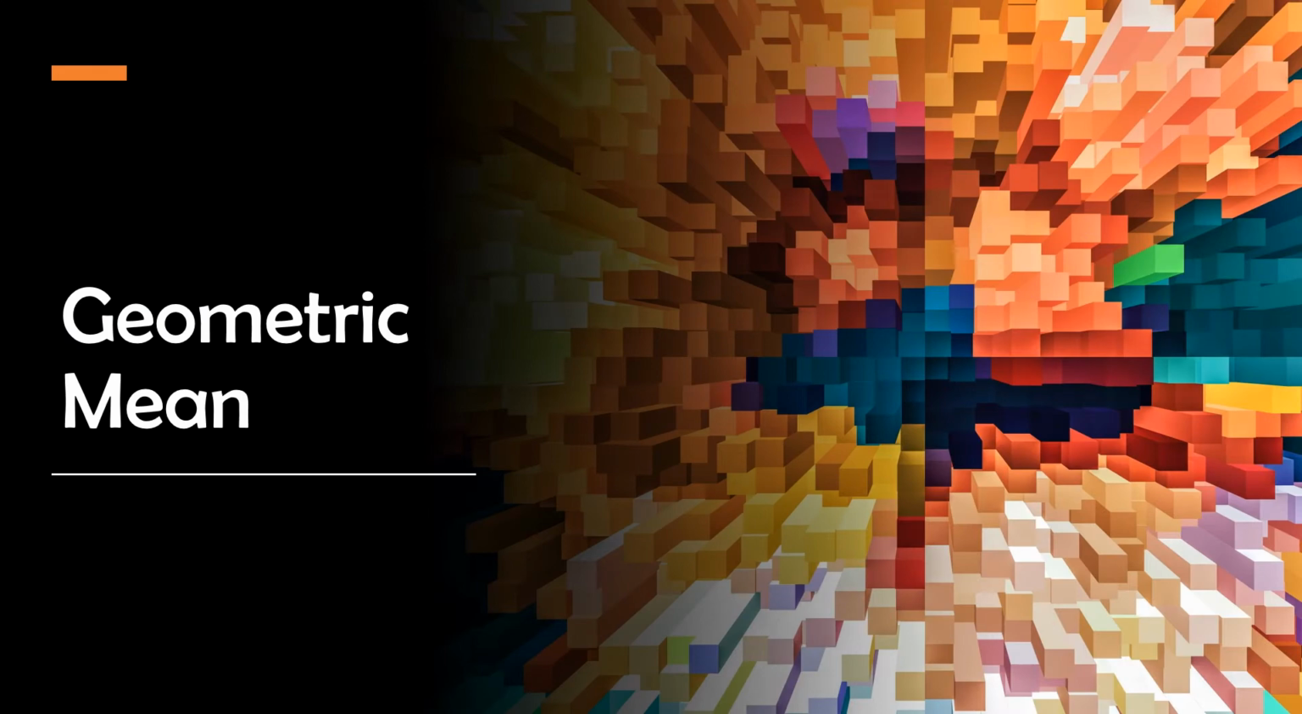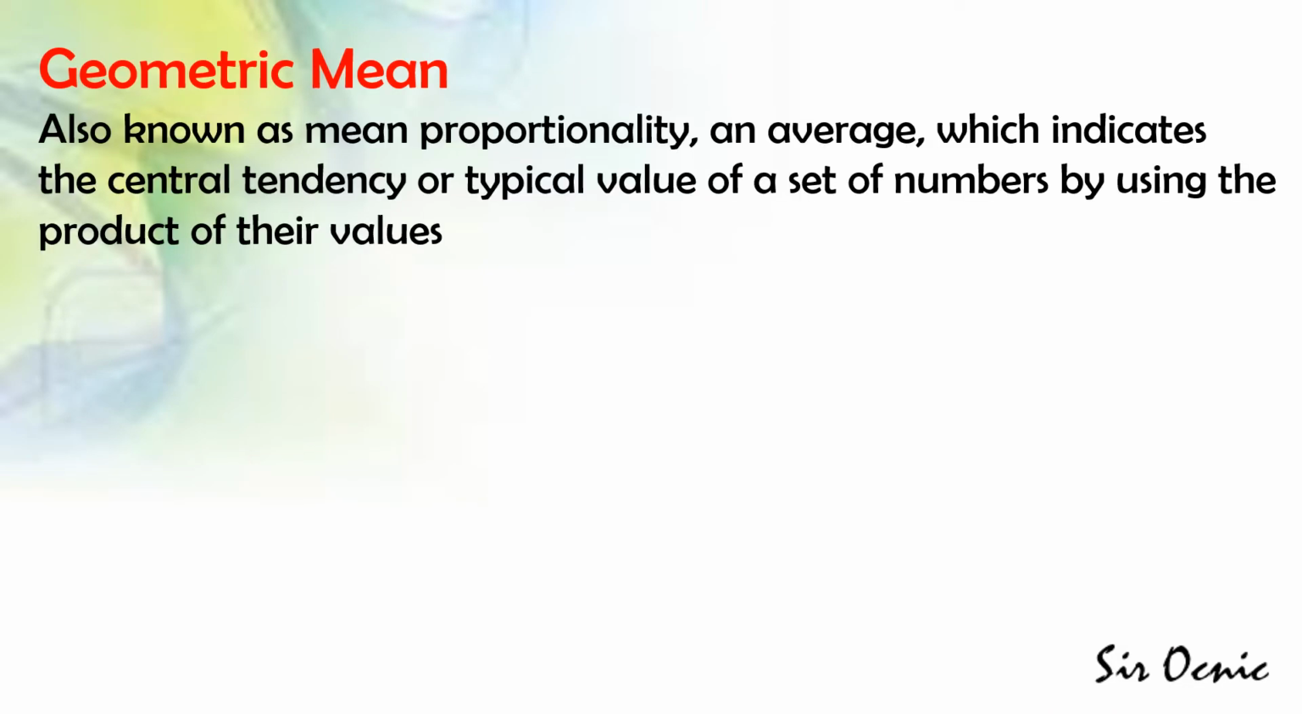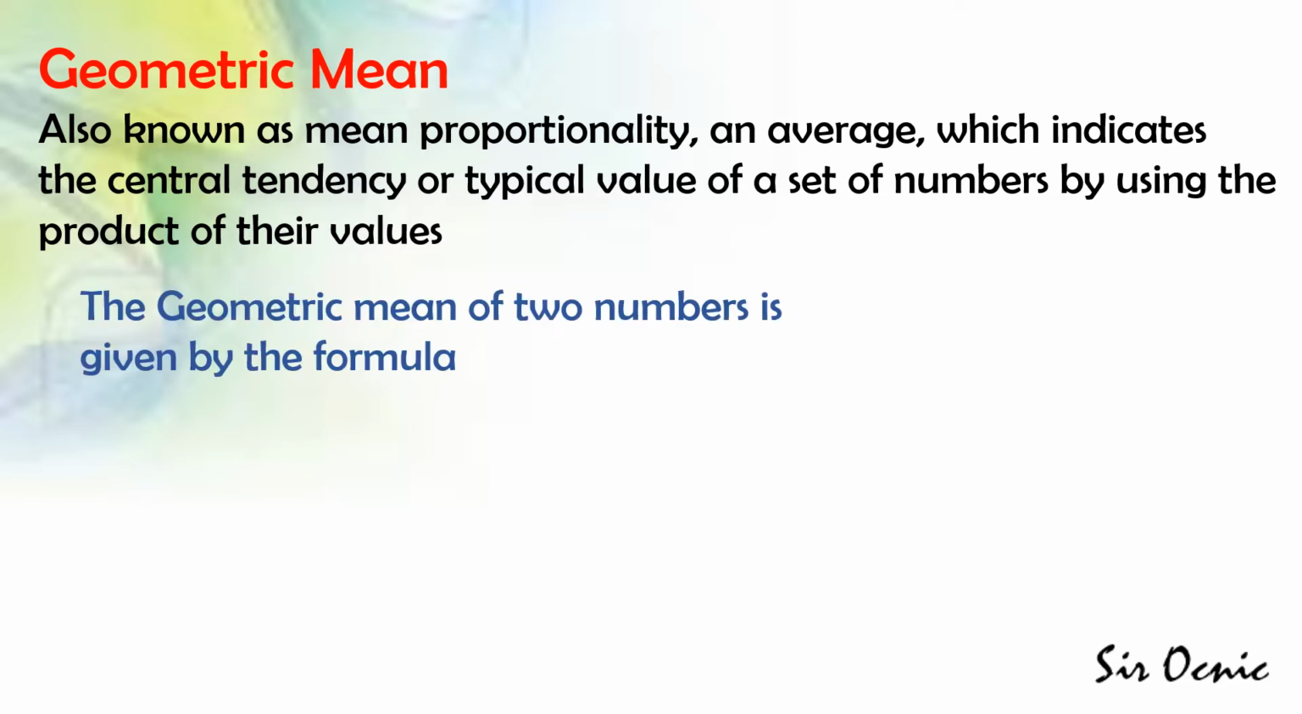What is a geometric mean? A geometric mean is also known as mean proportionality. It is an average which indicates the central tendency or typical value of a set of numbers by using the product of their values. The geometric mean of two numbers is given by the formula positive negative square root of